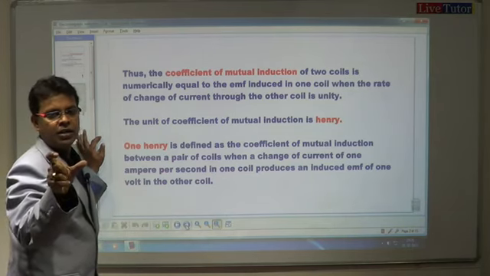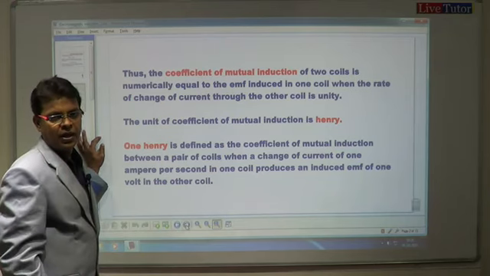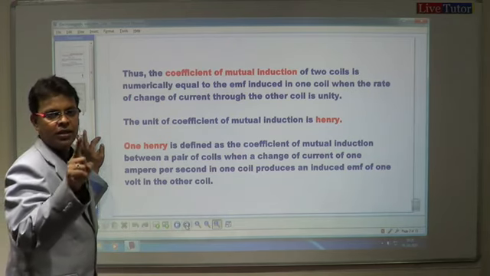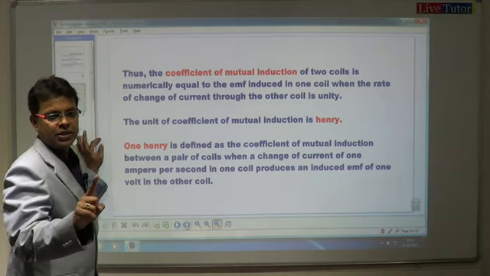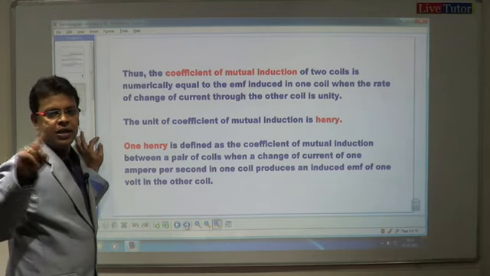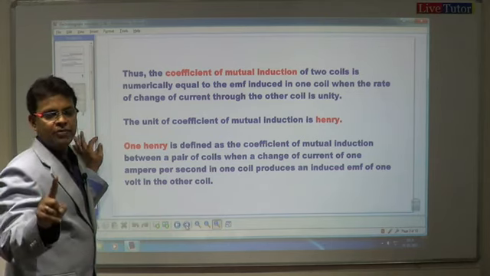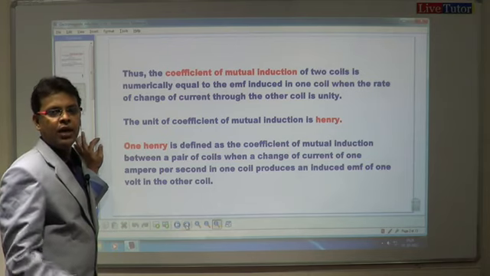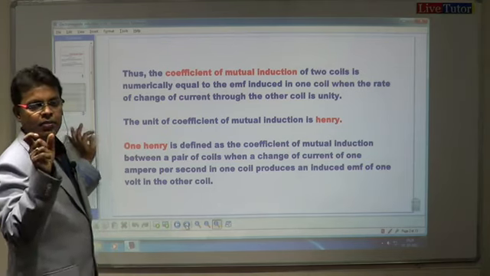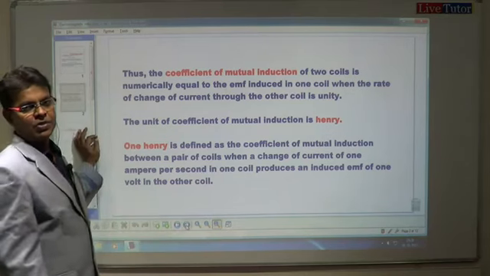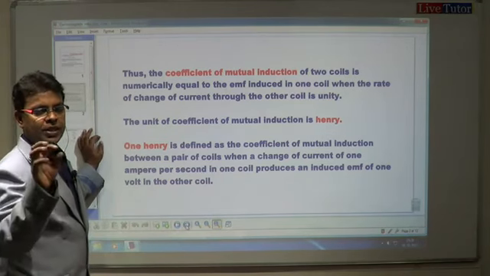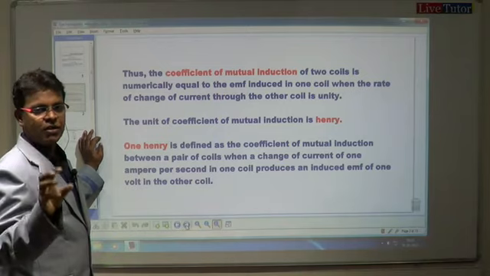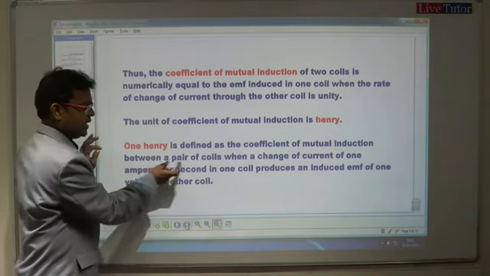அந்த ரெண்டு காயில் இருக்க மியூச்சுவல் இண்டக்ஷன் வந்து 1 ஹென்றி அப்படின்னு சொல்லலாம். அதாவது ஒரு காயில்ல சேஞ்ச் ஆஃப் கரண்ட் வந்து 1 ampere per second அப்படி இருந்து இன்னொரு காயில்ல 1 வோல்ட் EMF இன்டியூஸ் ஆனா, அந்த ரெண்டு காயிலுக்கு உள்ள மியூச்சுவல் இண்டக்ஷன் தான் என்ன சொல்றோம்? 1 ஹென்றி அப்படின்னு சொல்றோம். Okay, so 1 Henry is defined as the coefficient of mutual induction between a pair of